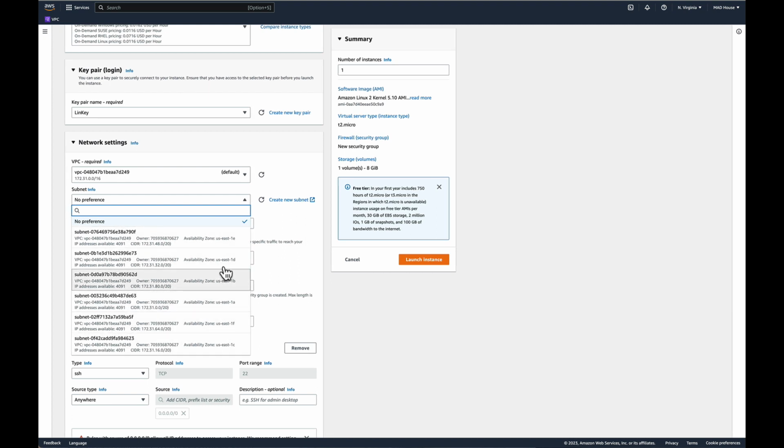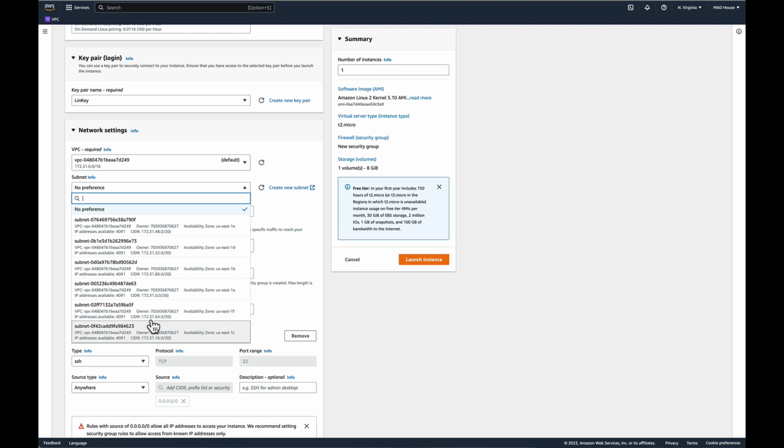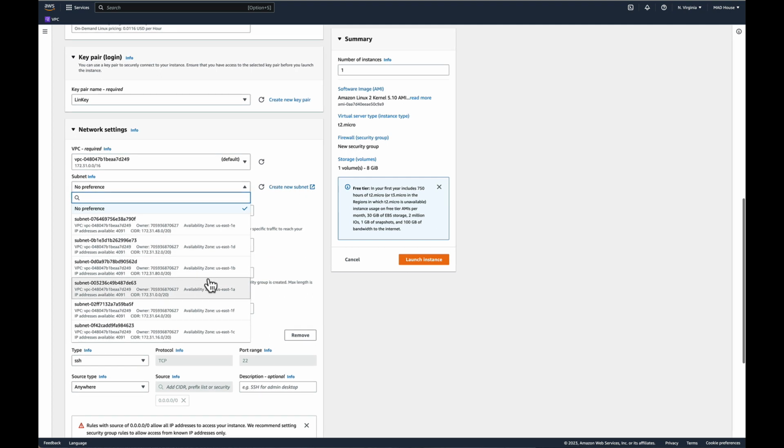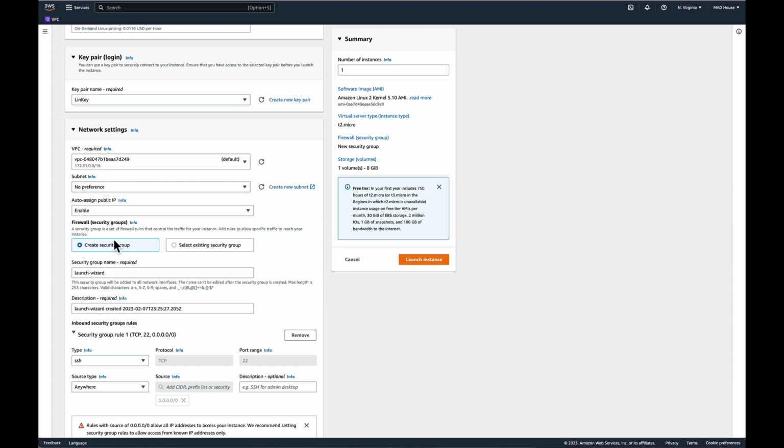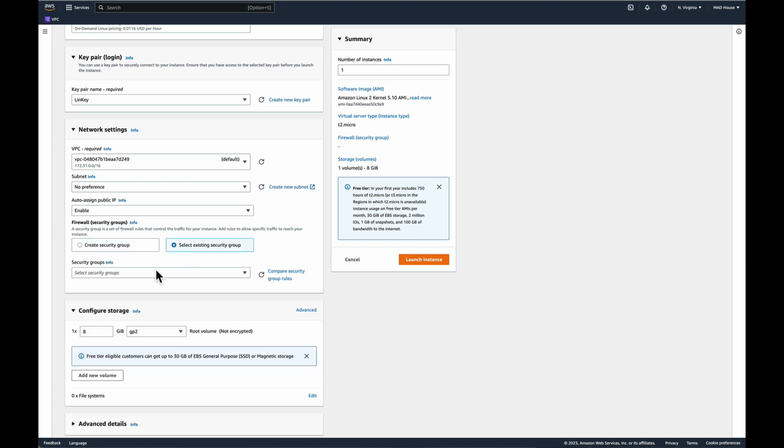So A, B, C, D, E, F, 6 zones like this, and everybody will have a different set of IP addresses, which you can see here. And you have got maximum is 192.168.80, and I'm going to assign a public IP address, and I'm going to use the default security group, which will definitely be there, which is default, which is created by the VPC, or you can create your own. So I'm going to use it,